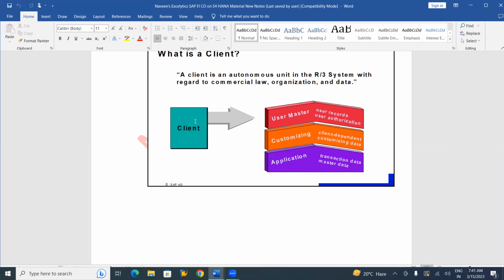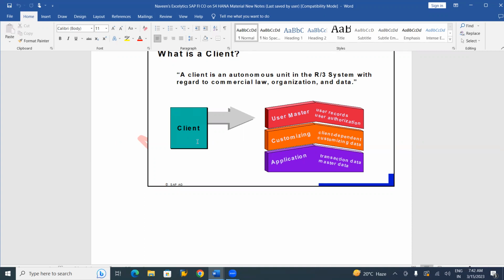Means you are an associate, then they will clearly mention in that client that this particular person's user ID is so and so, and this person has access only to invoice posting. Only that authorization will be given. At the same time, your senior person, your assistant manager or a team lead, will also get an authorization and user ID. He is not only having invoice posting, he can also approve some sort of payments, or he can approve immediate payments. So here authorizations and user ID data will be maintained under the client environment, whatever client we have access to.